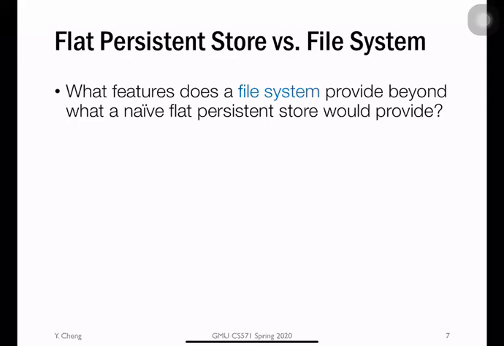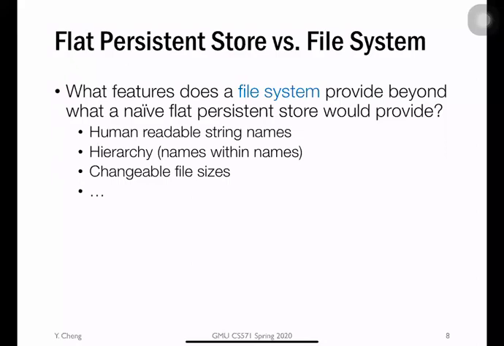So what good do we have if we design a naive, flat, namespace-based persistent key value store instead of a file system? Put differently, what desirable features does the file system provide beyond what a naive, flat, persistent key value data store would be able to provide? There are a lot of desirable properties naturally enabled by the file system for the end users. The very first important feature is human readable, string-based file names, so that you could organize different directories by assigning them human understandable, user-friendly string names, instead of random, plain, digital-based key IDs. Okay, so this is the first important